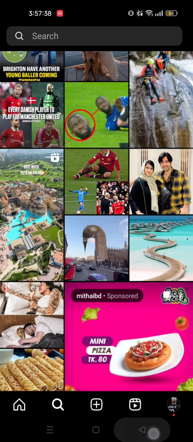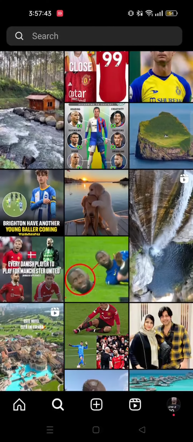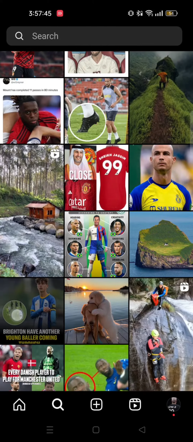Since you do not have the option to reset your Instagram Explore page directly, you can follow these steps in order to reset it. So that is how you can reset your